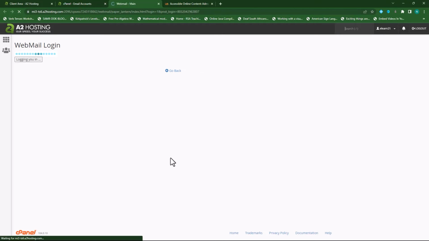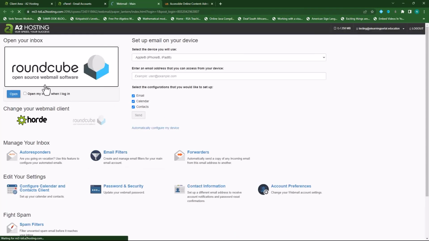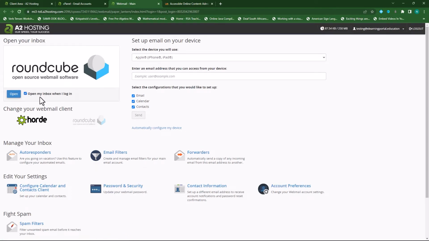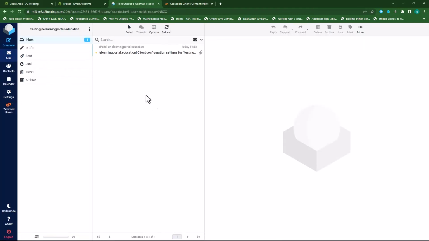The first time you log into your email account, it will ask you which mail server you want to use. So I'll use Roundcube. So I'll choose this, open my inbox when I log in. So I click on Open. Okay, so there's my email account. So it's testing at